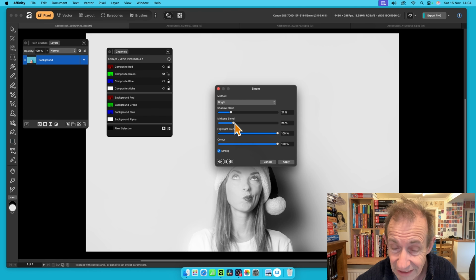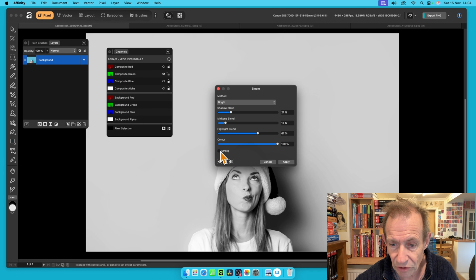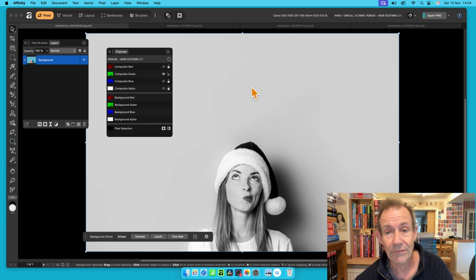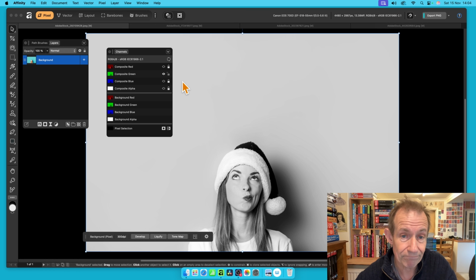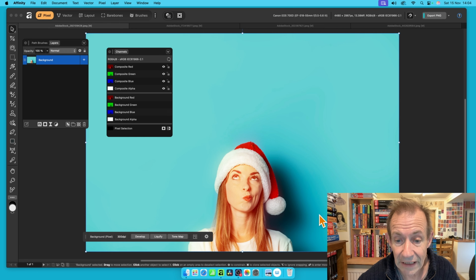There's a lot of red. So I guess the red is going to have more of an impact. And you can see highlight, you can reduce that down, and you can change it maybe strong. Let's just put that and click apply. So you can see you can apply that. Then what you need to do, just go here, click here, and now you've gone back, you've got the bloom